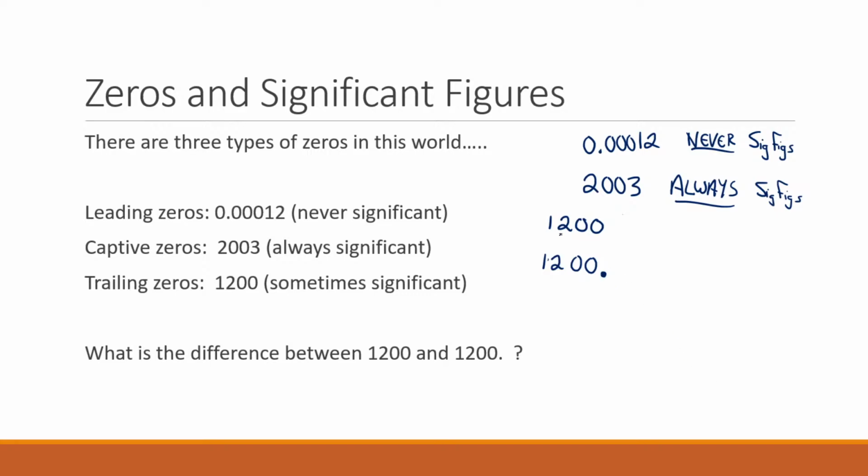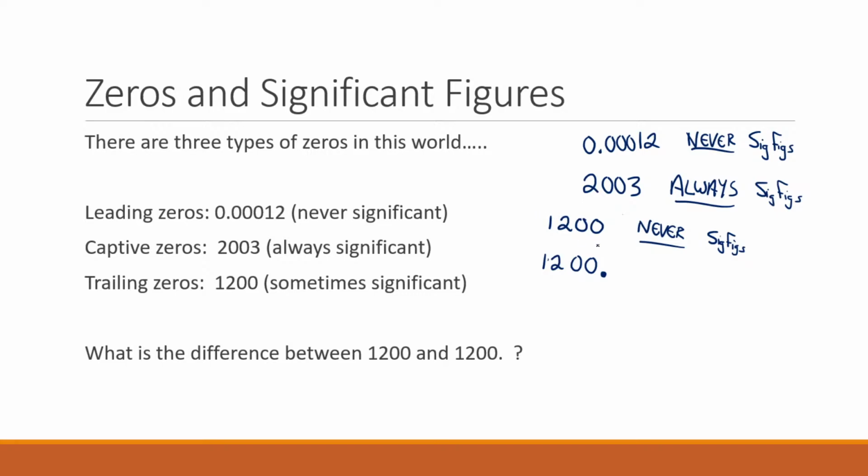Trailing zeros without a decimal point are never significant figures. These zeros serve the same purpose as our leading zeros. They're there to show you how big the number is, the scale of the number,